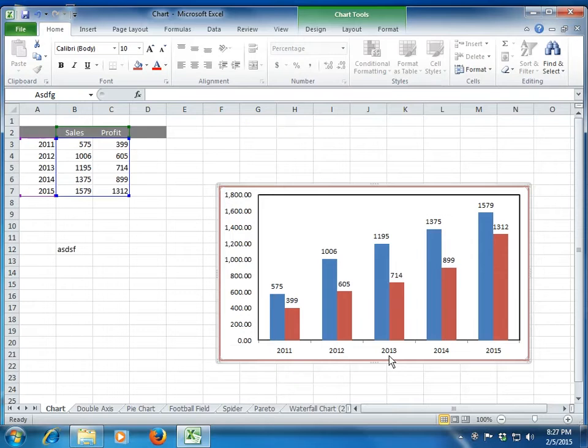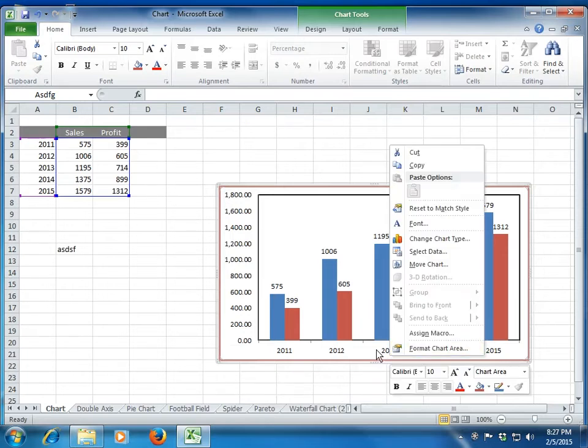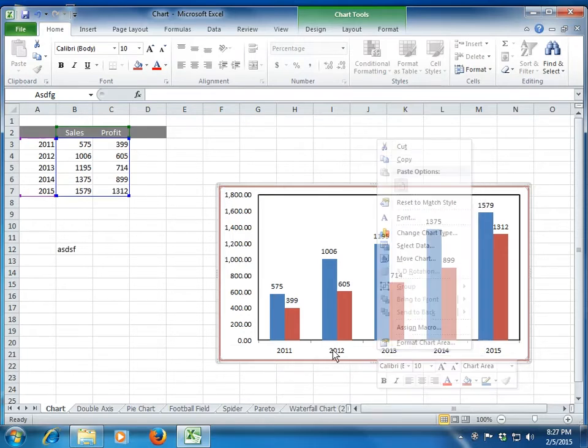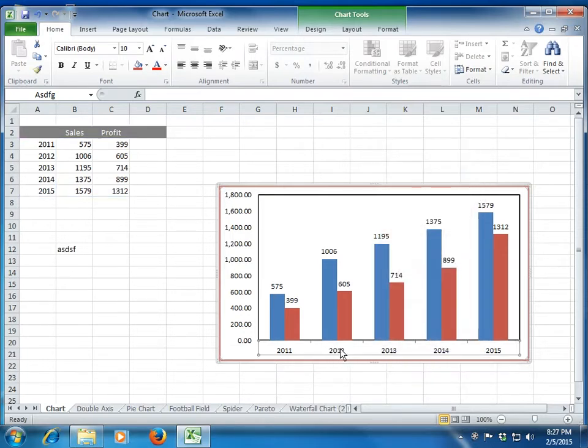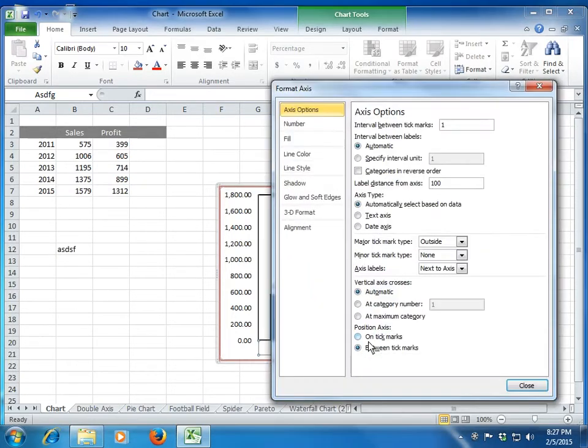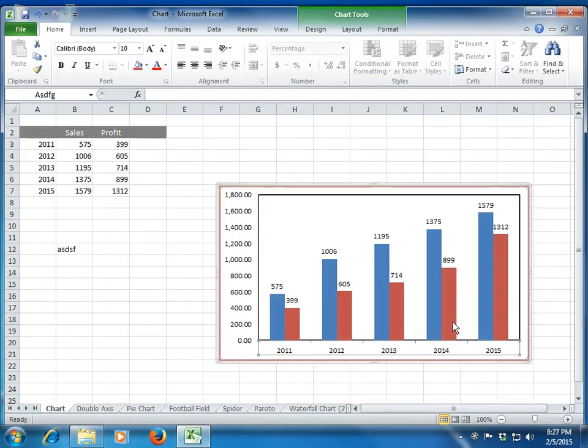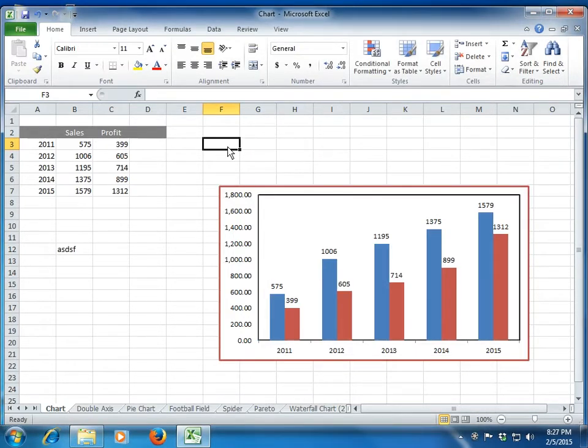The same thing can be done for the x-axis also. Okay, so all you have to do is click on this axis, any of these. So you now see that x-axis has been selected. You right click and you go on the formatting. So you can play around with the formatting of the x-axis as well, right? Fine, so this is more or less what we have in chart formatting.